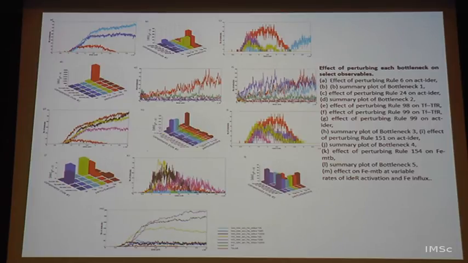Again, increase the rate of transfer of whatever reaction it is doing, change the reaction rate. One is the node size itself, you change it. The second one is the edge size. You can change to again 10-fold, 100-fold, or 1/10th, 100th, and so on. So those are the various perturbations that are done, and it is done on each rule out there. So effect of perturbing each bottleneck is given here.